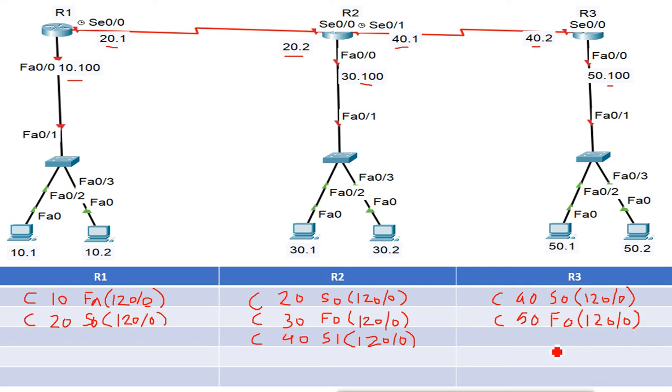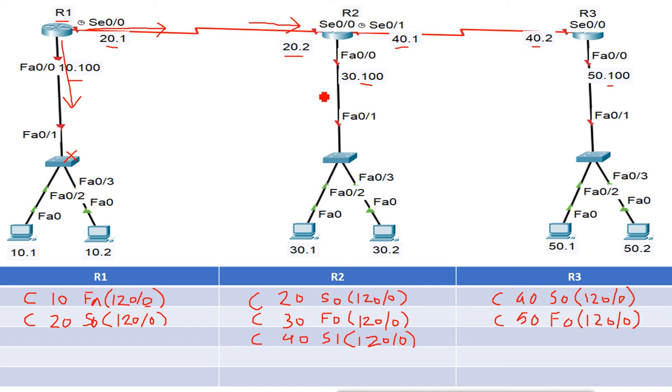Now once we configure all the routers with the routing protocol and mention the connected networks, they start sending the routing tables to each other. Remember, they start sending the routing tables to each other. That means router 1 will send the routing table out of this interface, and also out of this other interface. From this interface it reaches the switch, and the switch is not a router, so it will discard the packet. But from this side it reaches router 2.